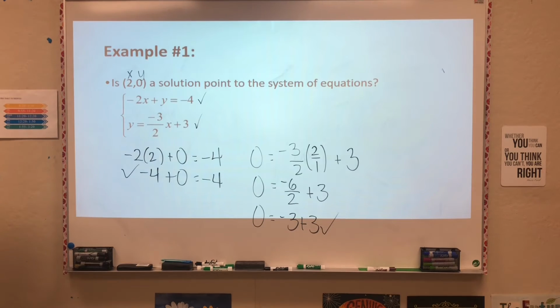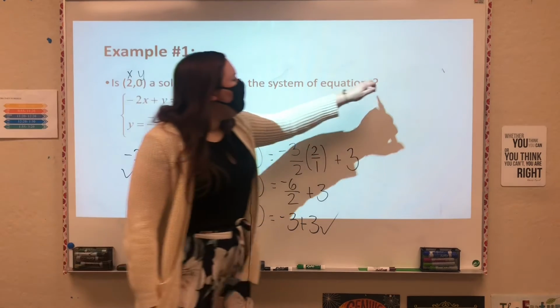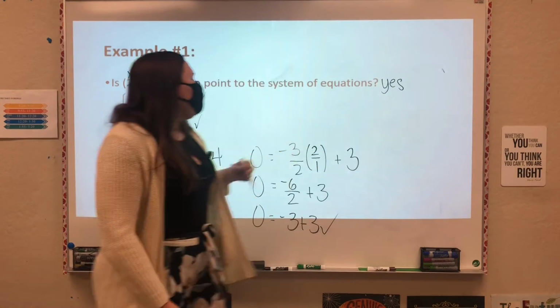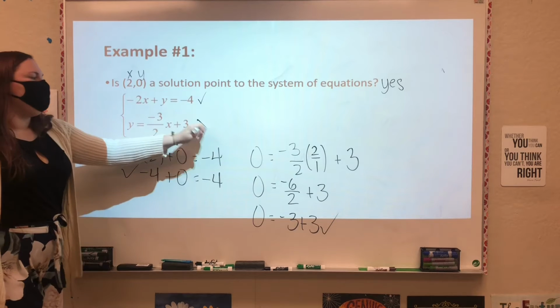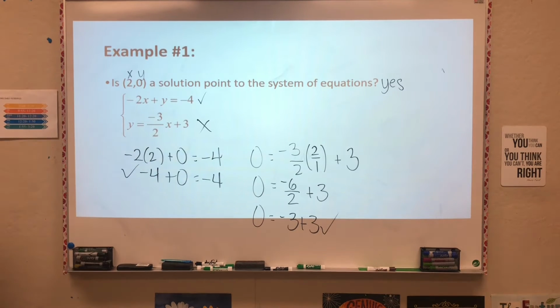So is that point a solution point for the system of equations? Yes. What would it have meant if it checked out for one of them but not the other one? It would not be a solution point for the system of equations. I like how you phrased that. It wouldn't be a solution point for the system. What would it mean? It would mean a solution for one of them,